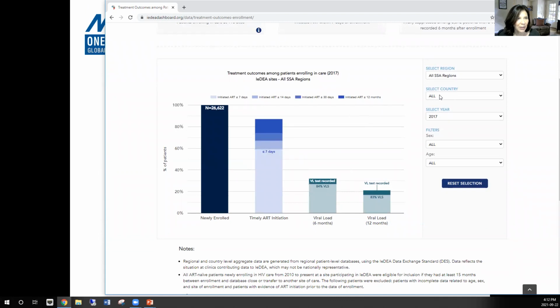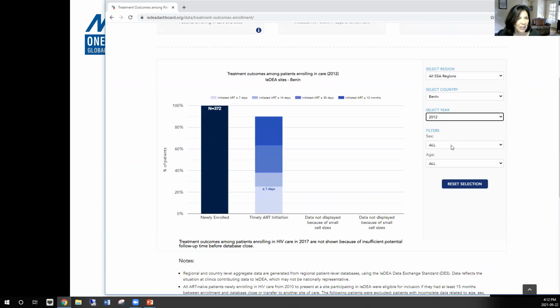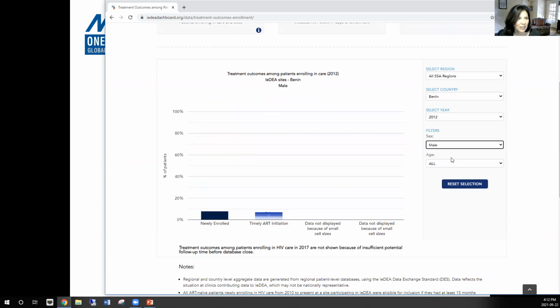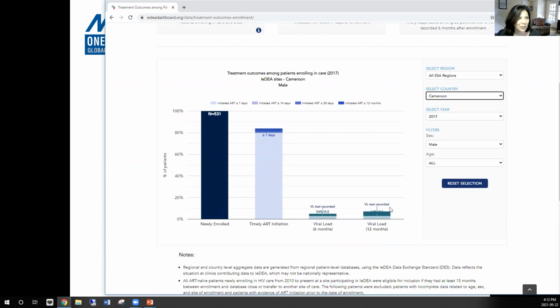You can see here, we could check a specific country, choose a different year, choose a different gender, and I've chosen, let's see, we'll pick a bigger country, but we can see here then what percent of patients enrolled had a timely initiation of the antiretroviral therapy, what percent were virally suppressed at